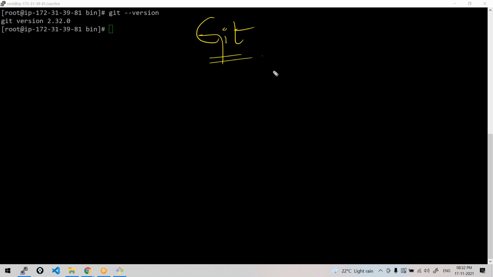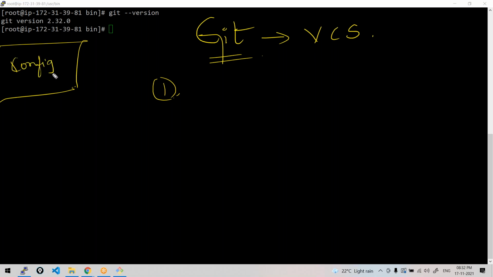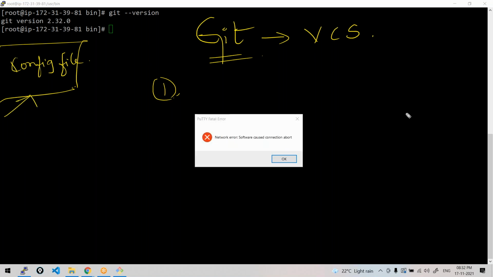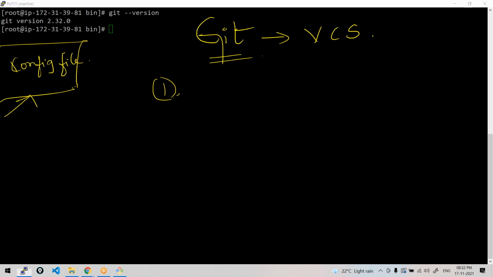To understand better what is meant by version controlling, let us take up some use cases. Let me explain the first use case. In a project, let's suppose this is some remote server. All the code, all the project work, all the program files, or let's say all config files are kept on this remote location. And different users, like a developer or a DevOps person, are connected to this, and we are working on these files.